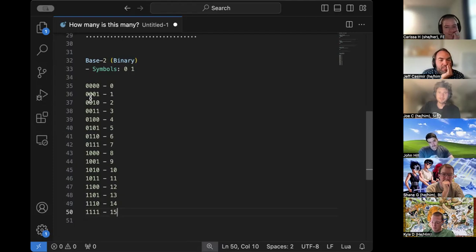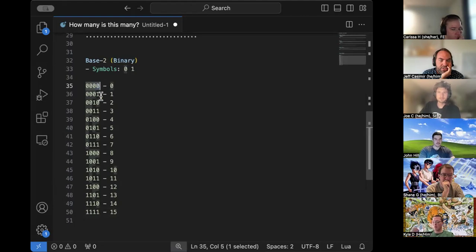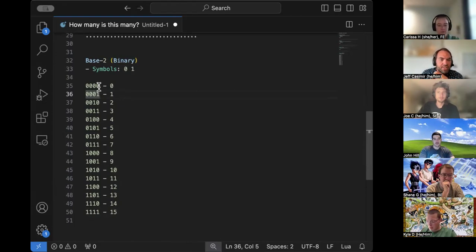So these are 4 digit binary representations. These are 1 or 2 digit decimal representations, just for you to see how it maps. But if you look carefully, for instance here at just the trailing column, the ones column, you'll notice that it alternates 0, 1, 0, 1, 0, 1. The second column is double that: 0, 0, 1, 1, 0, 0, 1, 1. The third column is double that,